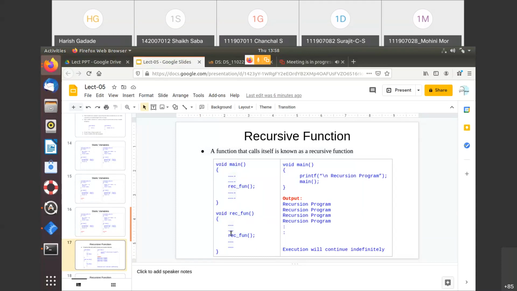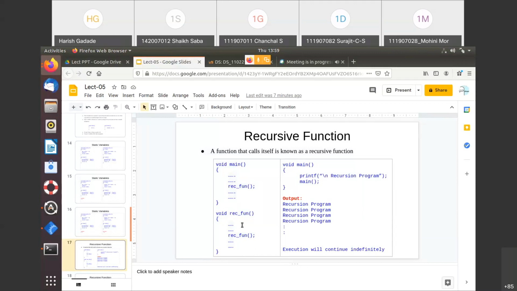It means when your compiler comes to this point, it will go back to the same function again and start execution. Again, it will come to this point. Again, the same function is there. So it will go back to the same function again, executing. It means here, that function is calling itself again and again till a particular condition, you can say, right? So that function is called a recursive function.